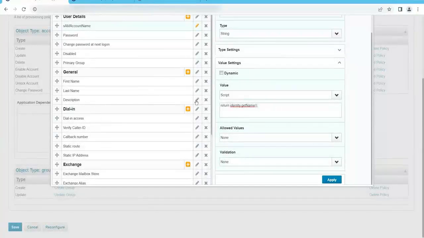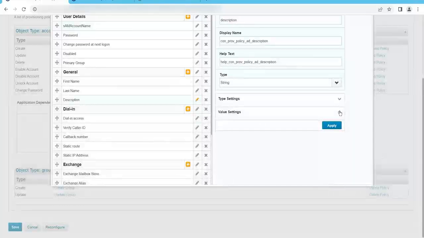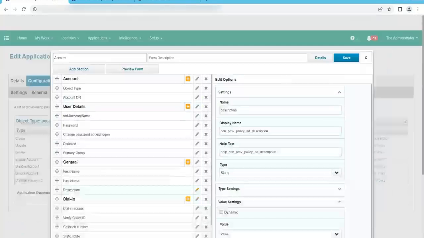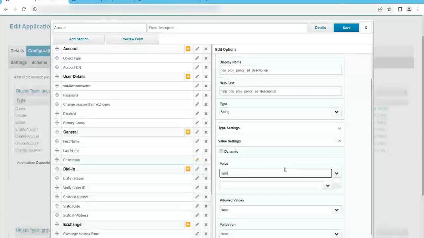So you can use a script, a rule, everything else. For description, I believe I'm using some script. Let me show you that. I'm using a rule or script. Here also I think I'm using a standard value. That's fine. So these are rules you can use instead of a value. You can use a rule, and this is called a field value.